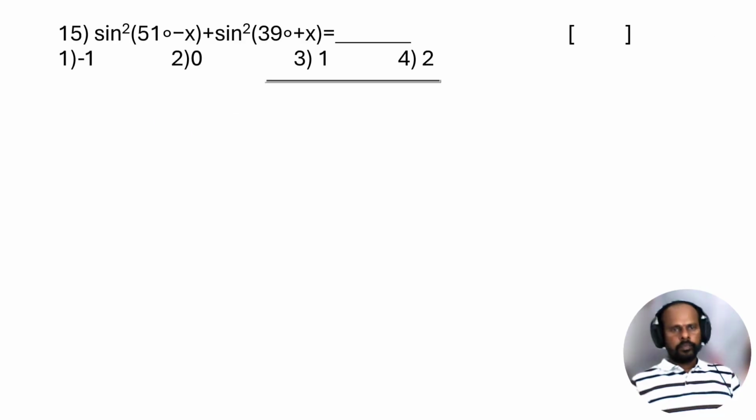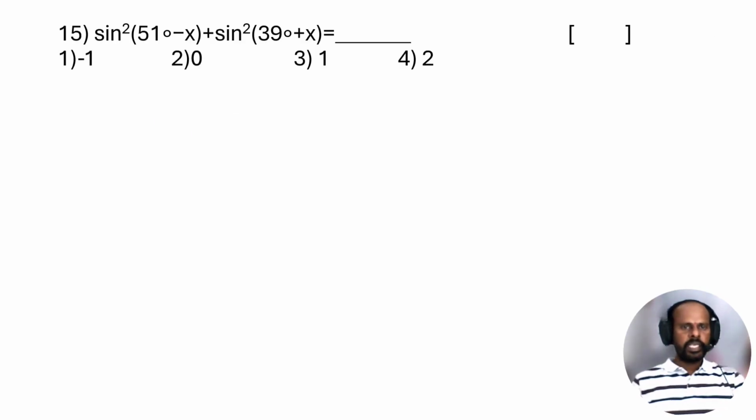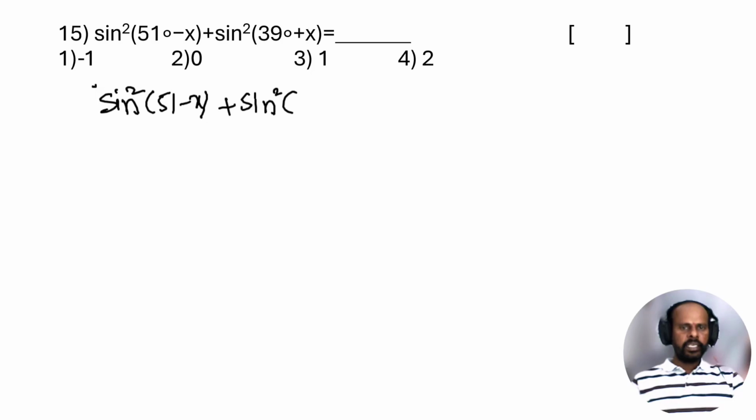And here question is given that sine square 51 degrees minus x plus sine square 39 degrees plus x. So how do you change? So using the identities we have to convert this into simplest way. So 51 minus x writing as it is, and next is sine square 39. How I am writing, you see, by using 90 you can write